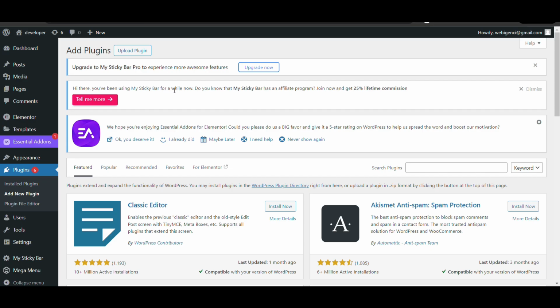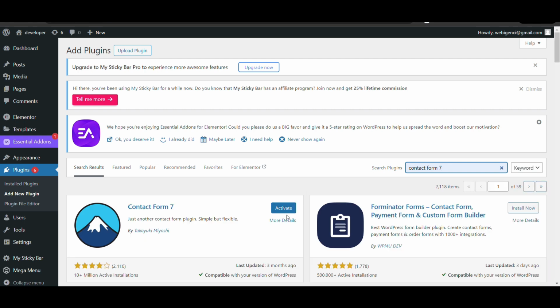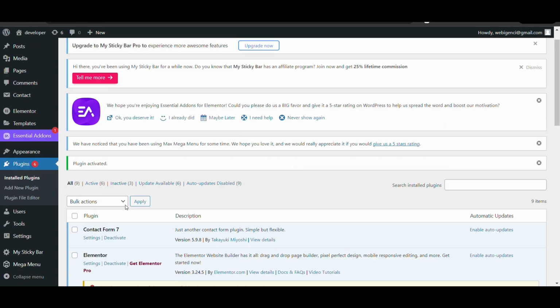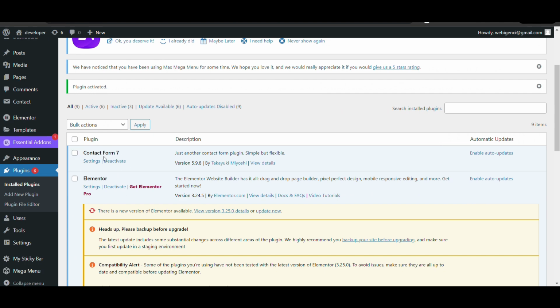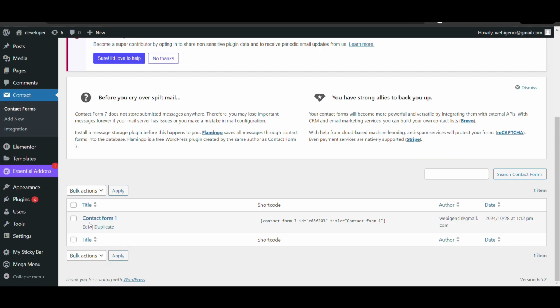Here I am logged into the admin dashboard of WordPress. Now, first I will install Contact Form 7, through which we create a simple form. We all know that Contact Form 7 is the most popular contact form plugin used on WordPress. Here I have installed Contact Form 7. Here currently you can see in my form, by default form it gives